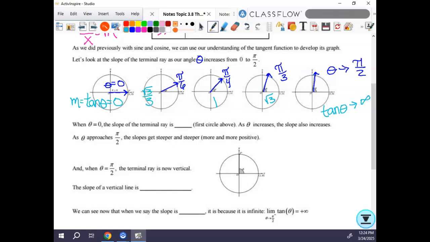Okay? So what all this means is this. When theta equals 0, right here, the slope of the terminal ray is 0. That's from our first circle. As theta increases, the slope also increases. So as theta approaches pi halves, the slopes, which are our tangent values, get steeper and steeper, or more and more positive. Okay? So then when we actually make it there, and we are right here at pi halves,